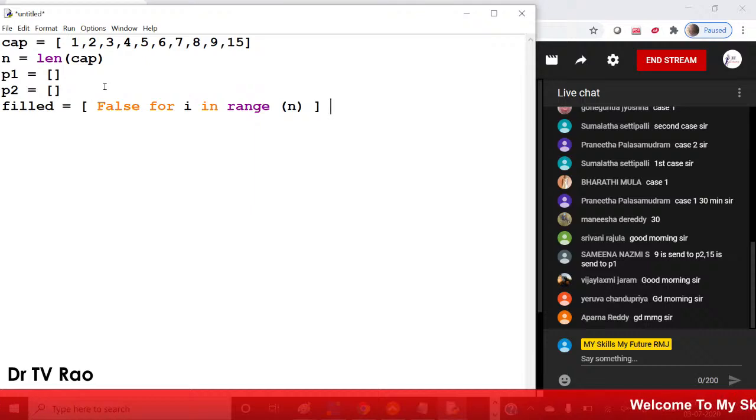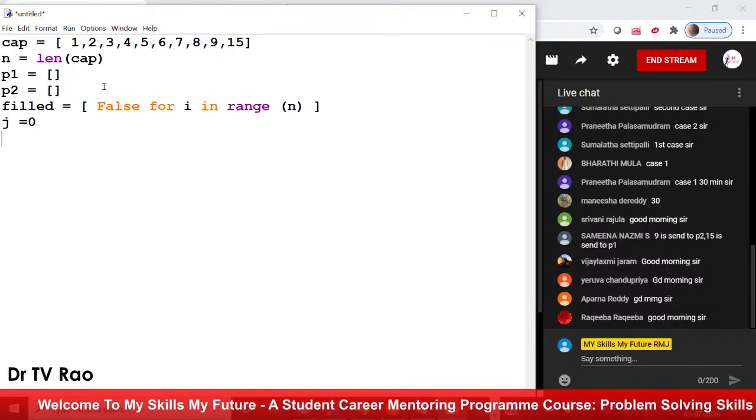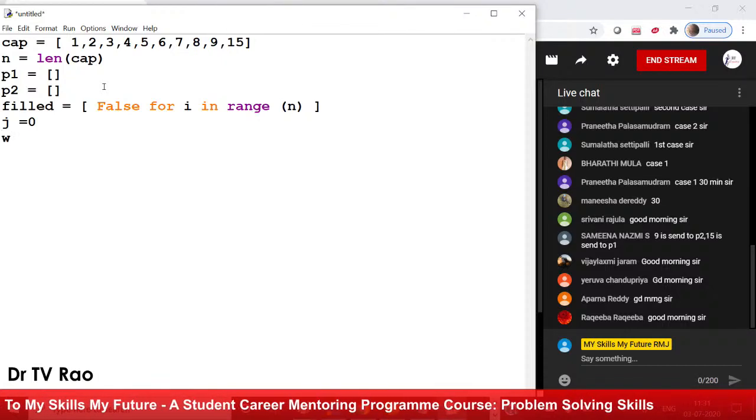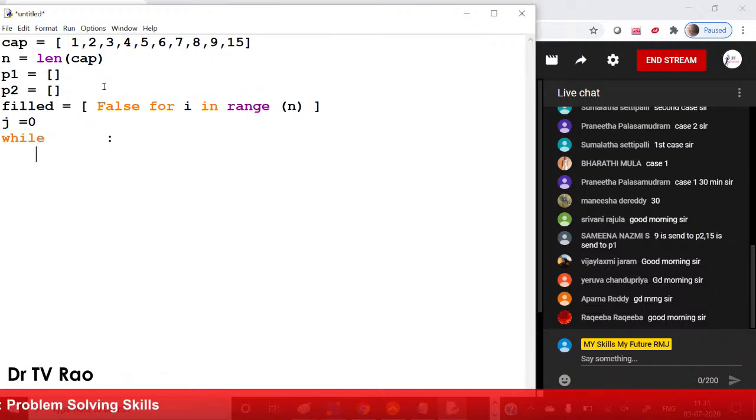Filled is false. If filled is true, then that car is not considered for filling. So only not-filled cars are taken for filling. Take the 0th car first. Now, let us come back to the while condition later, because this is a repetitive process. Now take